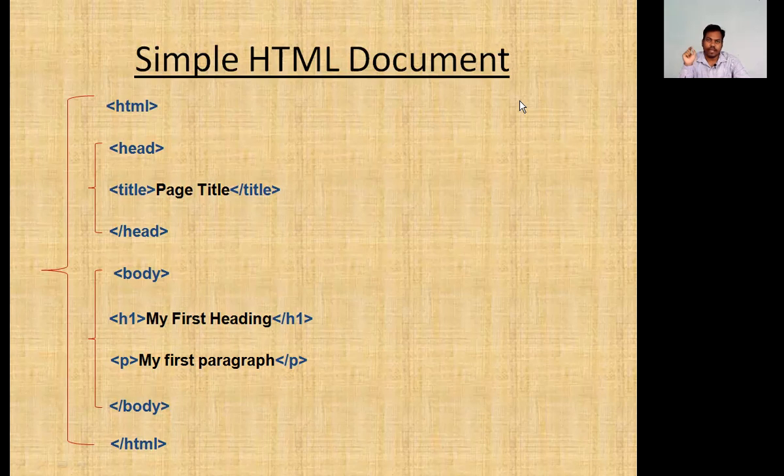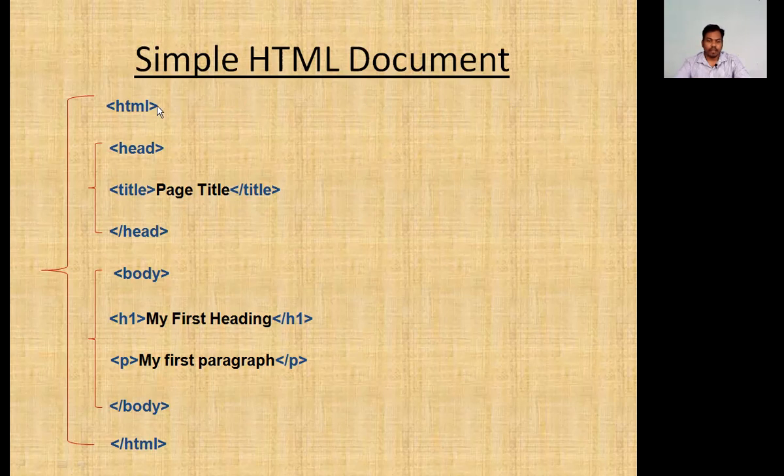And when you save like this, the icon will automatically change to your default browser. Suppose the default browser selected in your system is Google Chrome. So when you save any Notepad file with the .html extension, the icon will automatically change to the default browser. If your default browser selected in your system is Mozilla Firefox, then it will show the icon of Mozilla Firefox with the name which you have given to your HTML document. Understood?